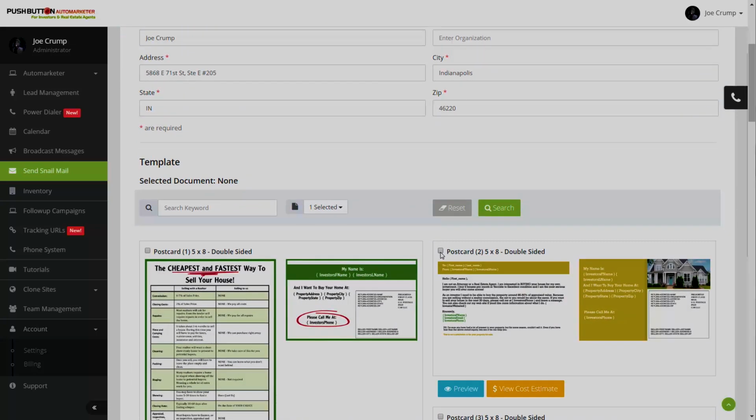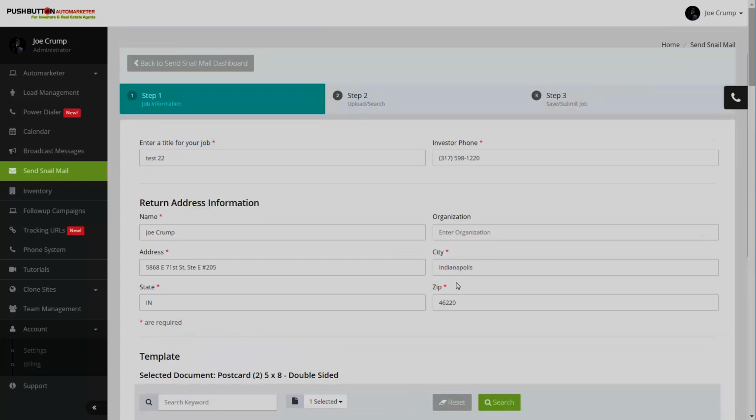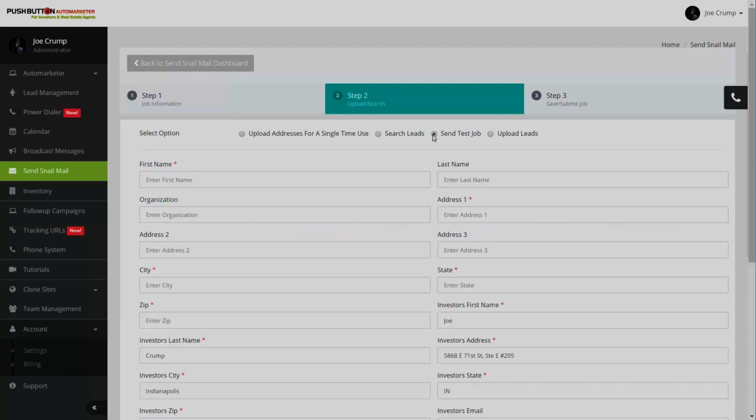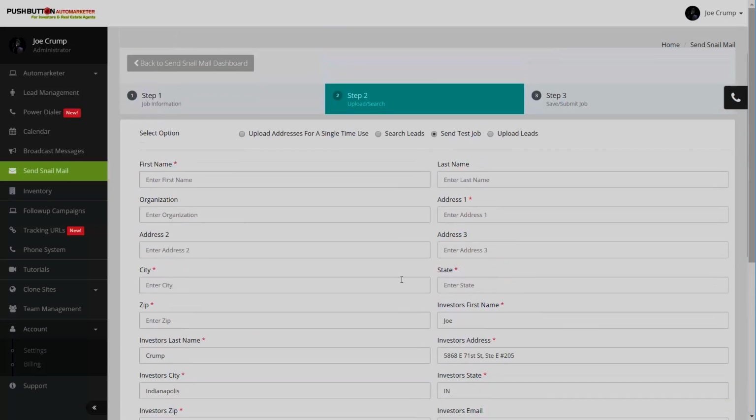So let's just say we're going to pick this postcard, and you can pick any one of these. But once you've done it, you've filled out this form, you've picked a postcard, and you're going to go to step 2. Step 2 allows you to do a couple of different things. One, you could send out a test job if you just want to send out one postcard to try it for yourself. So you put your information, your address in here, and you can go through this process and send the postcard to yourself, and you can see what it looks like. That way you don't spend a bunch of money on a mailing until you know that it works, until you know the postcard gets to you, and you know what the postcard looks like when it gets to you. So I think it makes a lot of sense to send out one just to test it out